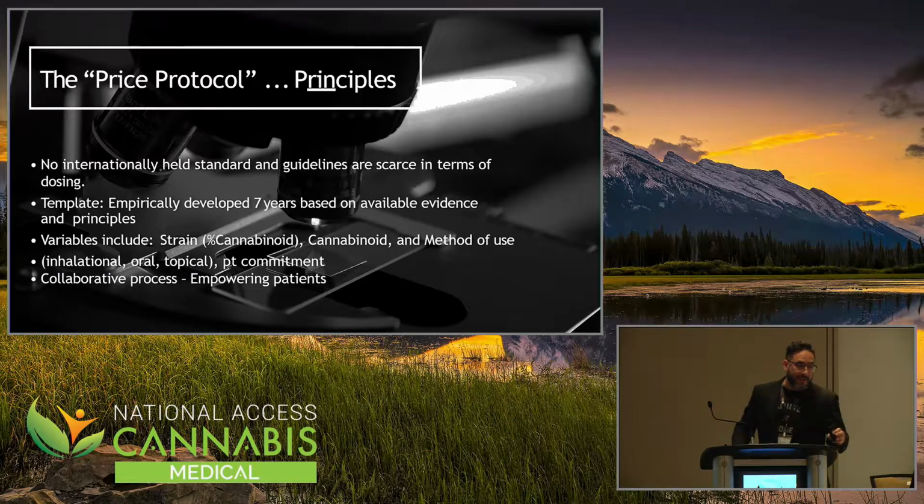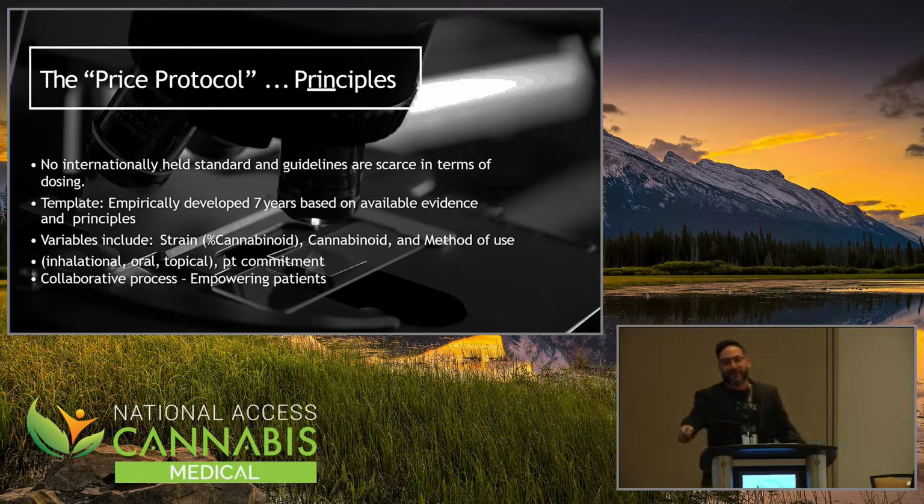First thing is we should all know that there's no internationally held standard for guidelines for dosing cannabis. They just don't exist. Researchers like Grant, Ware, Lynch, Campbell and Clark, the four or five in the research world who came before me, came out with some basic principles like start low, go slow. But what does that actually mean to us? Here's your drug, go start low, go slow. I'm like, what does low mean? So we had to come up with some way to identify or quantify that, and that's kind of what I've done.